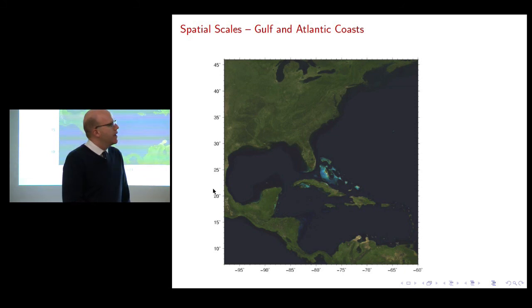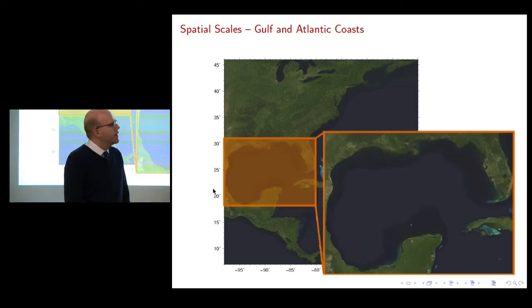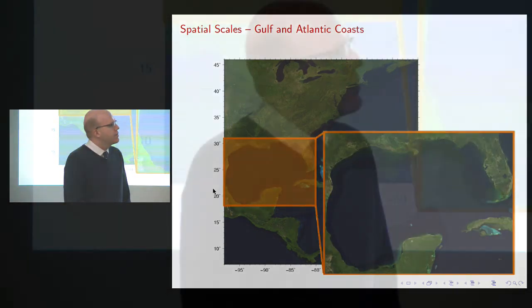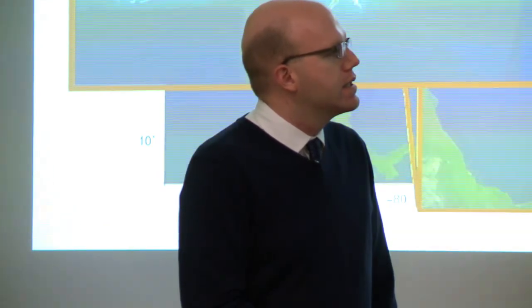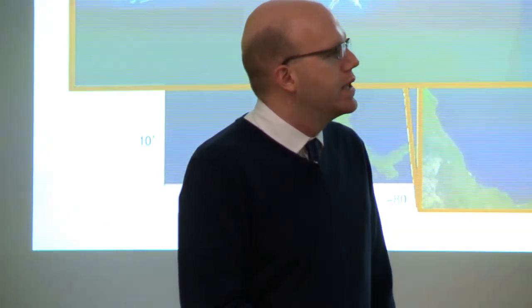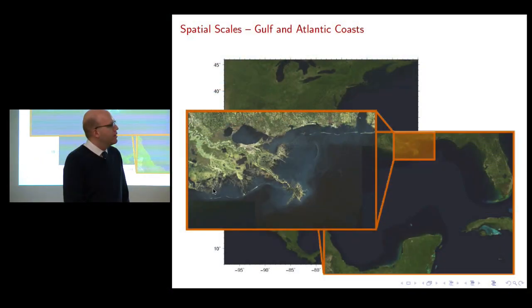circulation and waves being developed in deep water, moving into the Gulf of Mexico and some of the more shallow regions on the continental shelves, moving into southern Louisiana, and a lot of the complexity that I just discussed with the Mississippi River Delta and some of these small-scale, the river and some of the small-scale navigation canals that act as conduits for the water to come up near the city. And then even within the city itself,